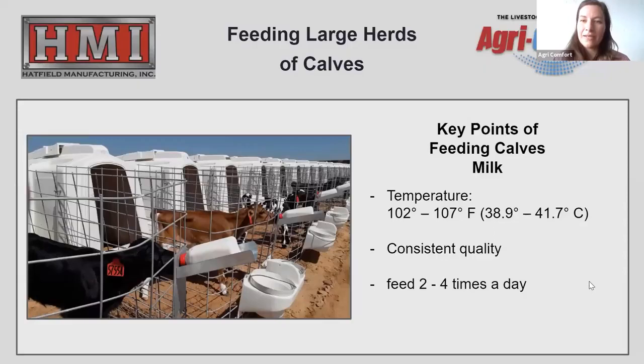Well, when we say feeding pre-weaned calves with milk, what are the key things that we have to keep in mind? When we think about the technique, if we're not talking about how many liters and how many solids and stuff like that, we're talking about the technique of how to do it. And the main key points you have to keep in mind